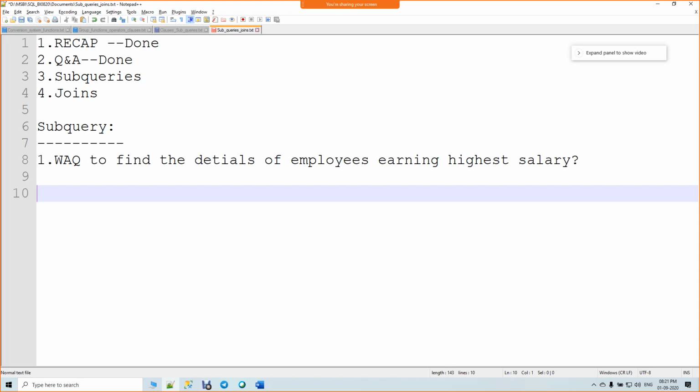First, we'll talk about what is a subquery. Let me give you a simple example. Assume that you are working in a team, on a task which is dependent upon another task.